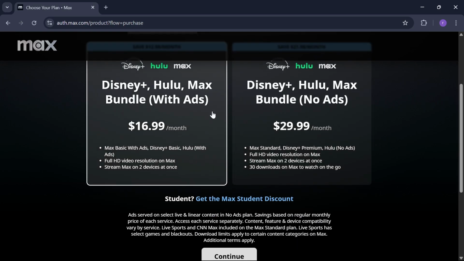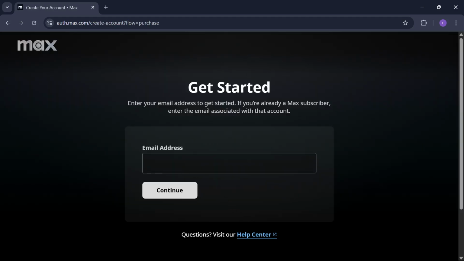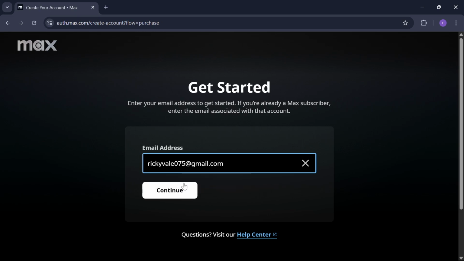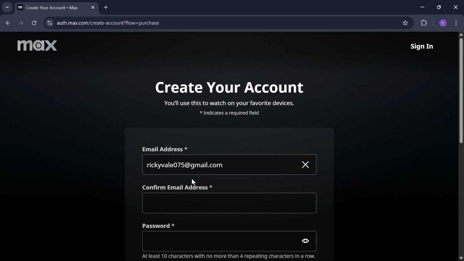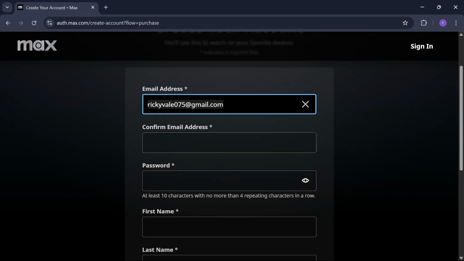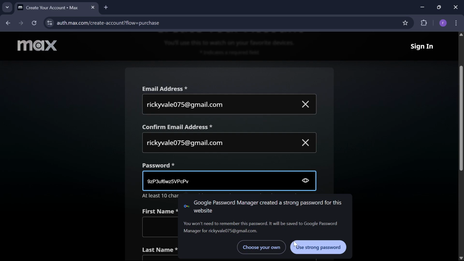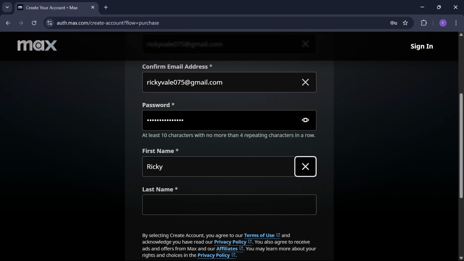So after selecting a bundle, you have to click on continue and give your email address here. And after you give your email address, it will want some information from you, like your confirm email address, and you just confirm your email address here and use a password. And after that you have to give your first name and last name here,